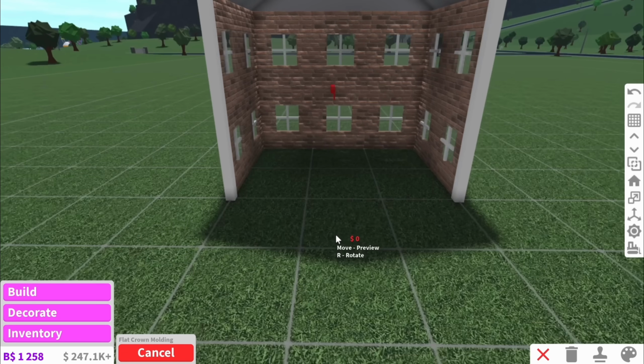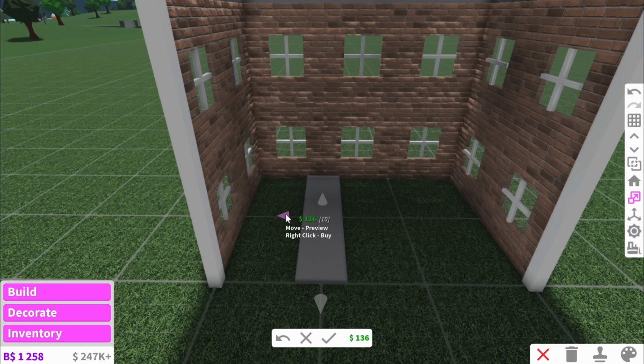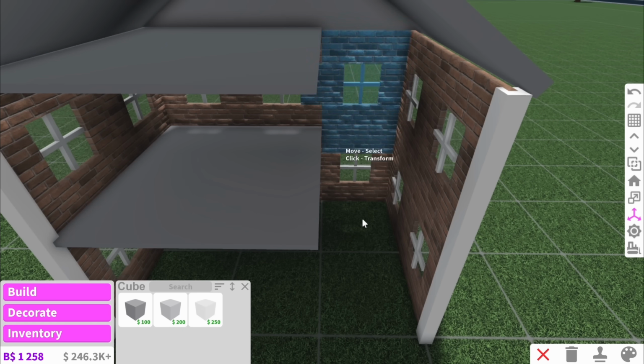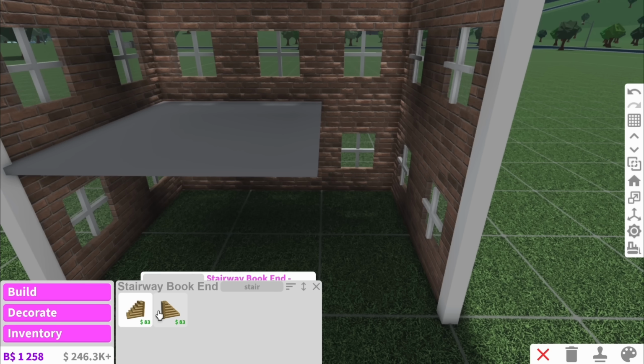Oh my gosh, guys, I'm so dumb. I just went to add wall trims onto this as if it was a real wall. And just before we start decorating, I feel like it'd be smart to add the actual floor in. Obviously, we've got our 3 floors. And you might be like, why have you left a gap here? We need to somehow add stairs. So I don't know why, I feel like there's stairs already in. There is. Oh, wait. Is this going to be...